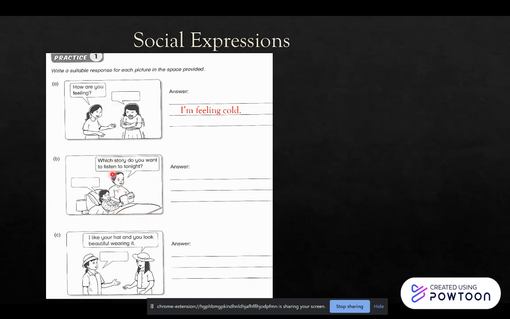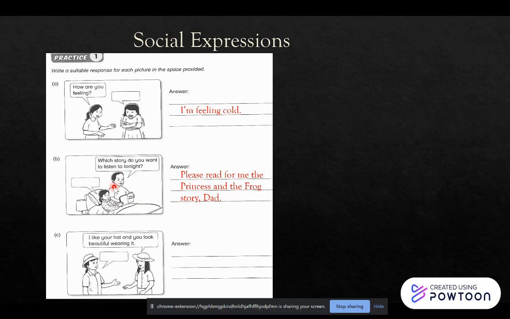So the father is the first person speaking and the daughter is the second person, and she is the one who's answering. She's replying. So my answer is here. Please read for me the princess and the frog story, Dad. So she would be asking the father to read a story, and she has to mention the title of the story. Okay, it can be anything. So you can just write here, please read for me, and then you can put any title here. Okay, why? Because he's a man and most probably he is her dad.